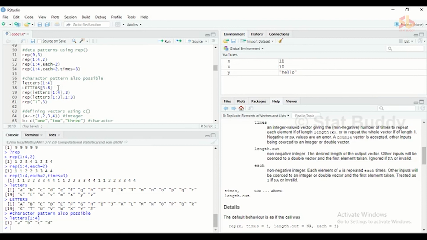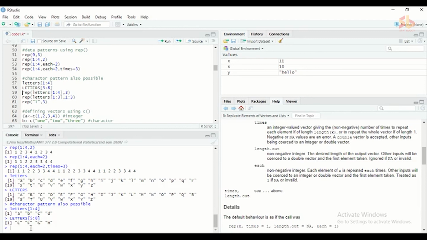Then the next 4 capital letters are printed through this part, which means I need the 5th, 6th, 7th and 8th letters from the capital alphabet. So you can see that E, F, G, H is printed here. Likewise, you can change the numbers in each case and get the letters you want. So this is a somewhat comfortable approach to print the letters or the character string we need. Otherwise, you have to type it by hand.